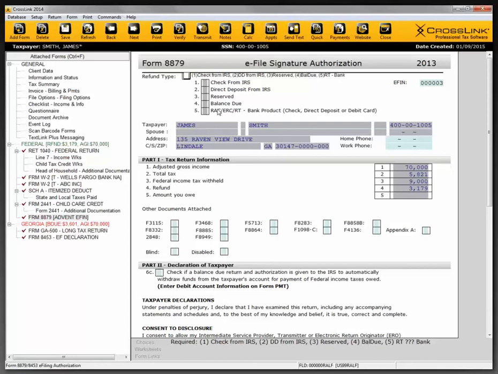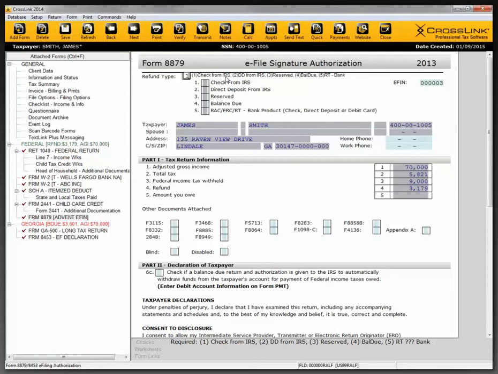And I know in the new 2015 program, there are little pop-ups that, based on your choice, will ask you if you really mean this. And the reason it asks you is it's very important to get the correct number in here. So if we enter number 1, what this means is we're getting a check from the IRS. So the IRS will cut them a check and mail it to them at the address that you put on